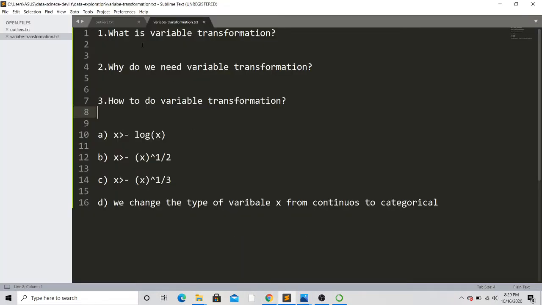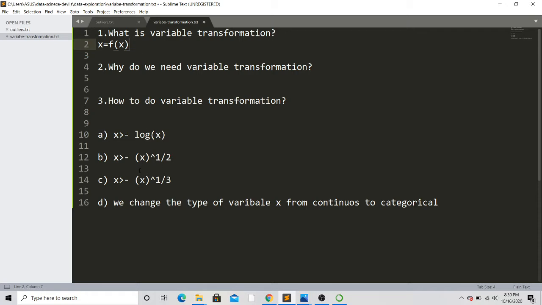If you remember basic college level maths, then you will understand the variable transformation concept easily. Let's say I have an input x. What do you mean by variable transformation? Its meaning is hidden in its name only. If I have an input variable x, I change it to f of x. Here f of x is a function. For example, if I have input x and my f of x is square root of x.